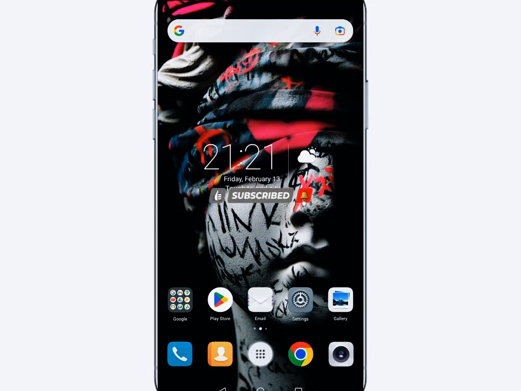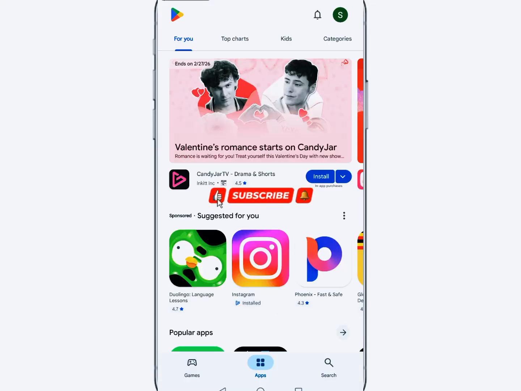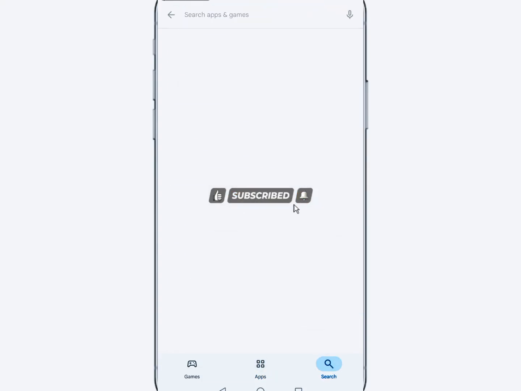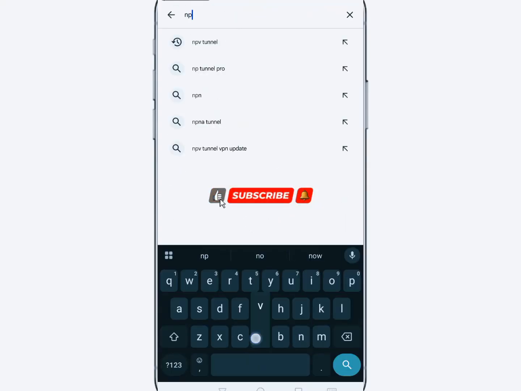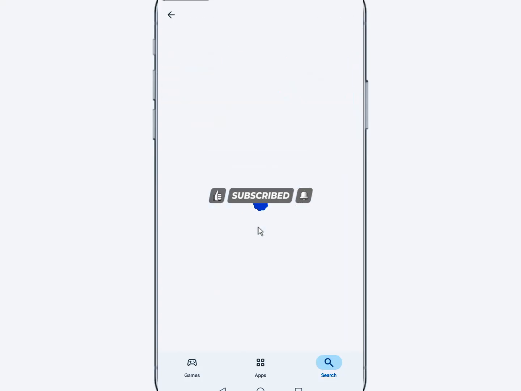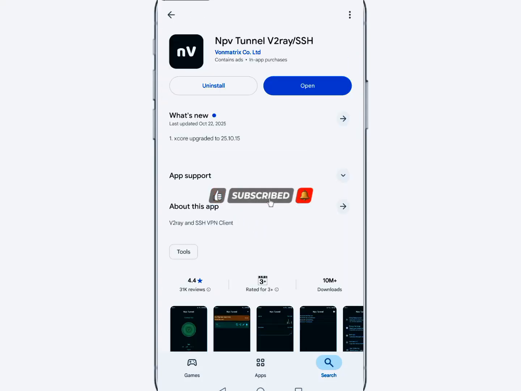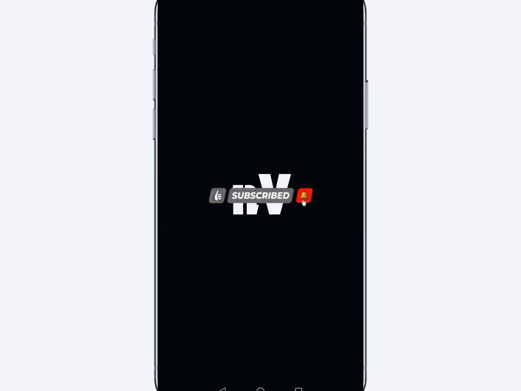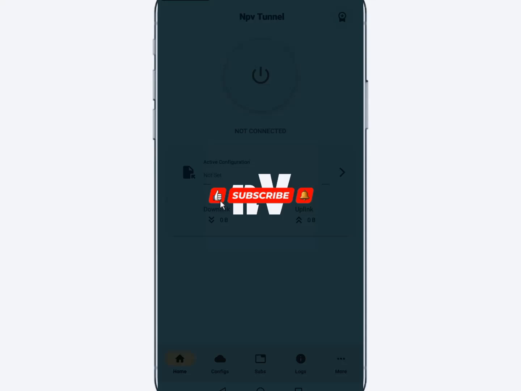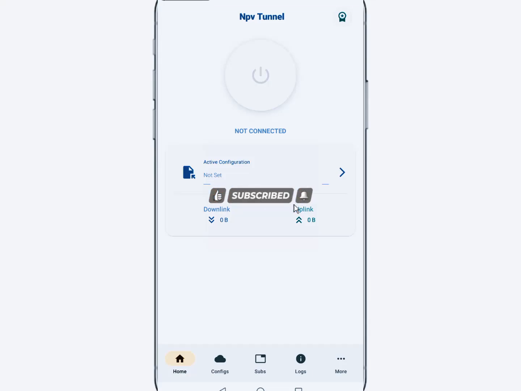We're going to start by opening the Google Play Store, and then we search the application called NPV Tunnel VPN. This VPN application uses both the V2 and SS servers. I'm going to open it. If you open the VPN application, it will look like this. So we are going to start setting up our VPN application from scratch, and we shall be able to create